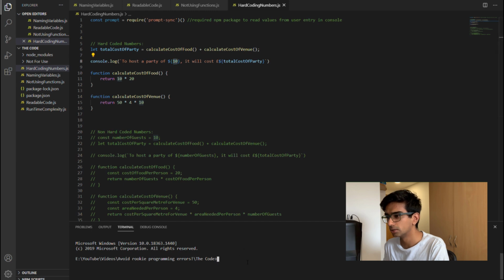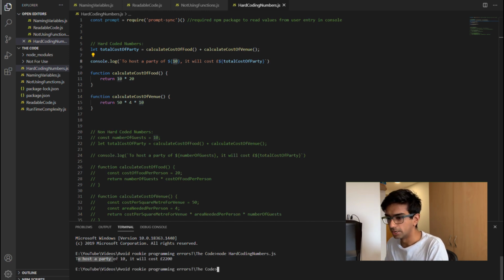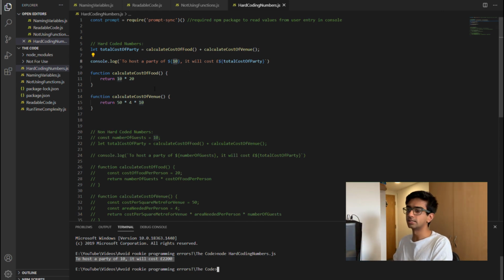If I do node hard coding numbers.js, here it just prints out a line where it says to host a party of 10, it will cost you £2,200. So the code works okay, but it's not really great if you want to expand the code by adding other features,